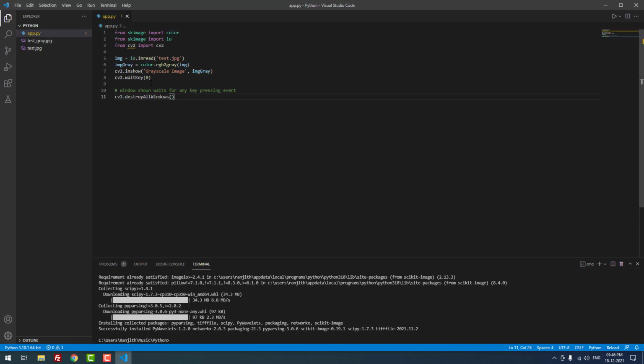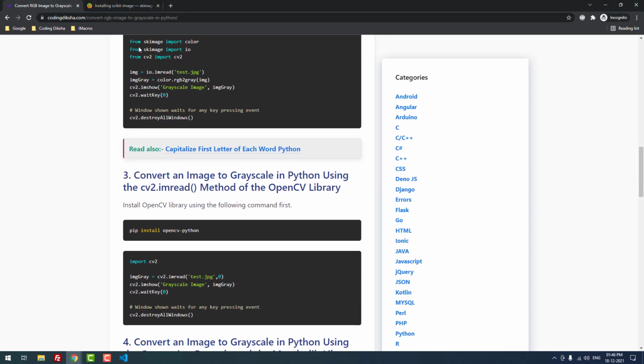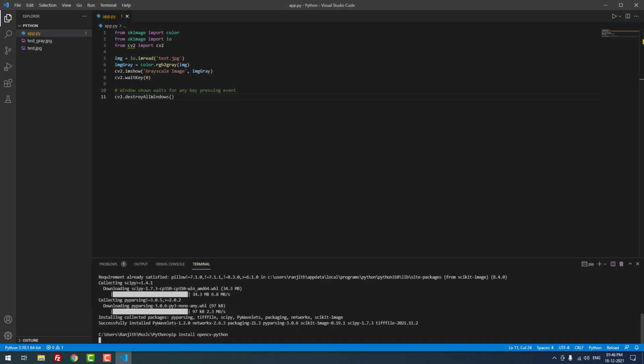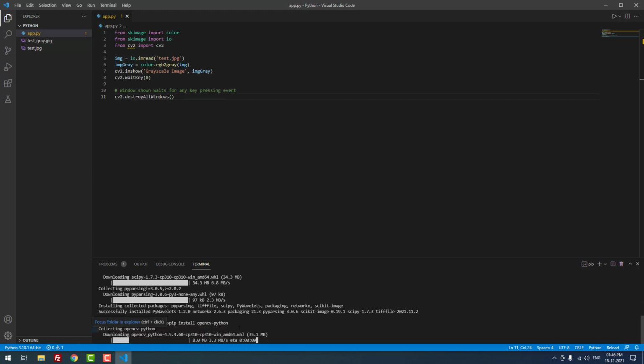Now we are going to CV2. We need to install the CV2 library too. I think we need to use this command: pip space install space opencv. It is downloading.